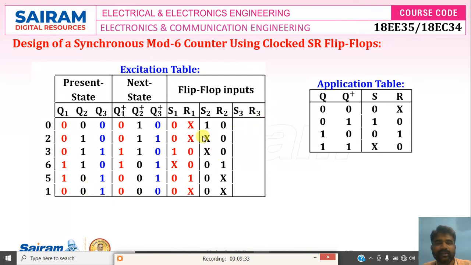Similarly, S3 R3 by observing the transition from Q3 to Q3 plus. Okay. 0 to 0, 0 don't care. 0 to 1, 1 0. 1 to 0, 0 1. 0 to 1, 1 0. 1 to 1, don't care 0. 1 to 0, 0 1. Correct? So the next step is